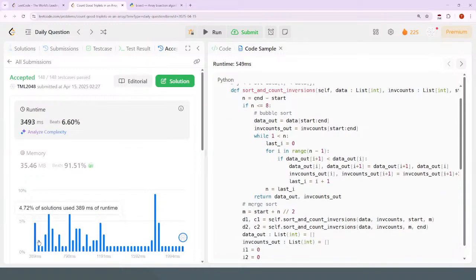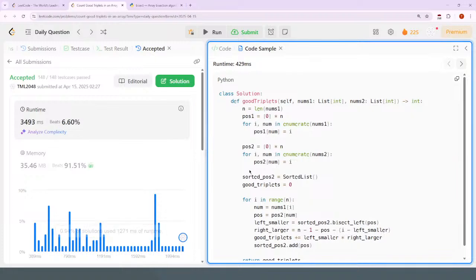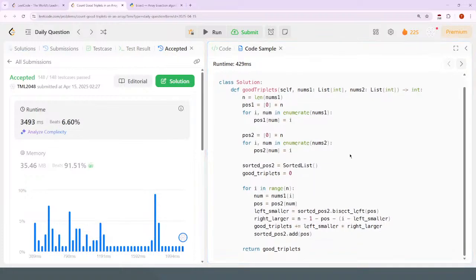Holy shit. Give me something simple, okay. Okay. You have position. You have a sorted list. Okay. Alright, it looks like